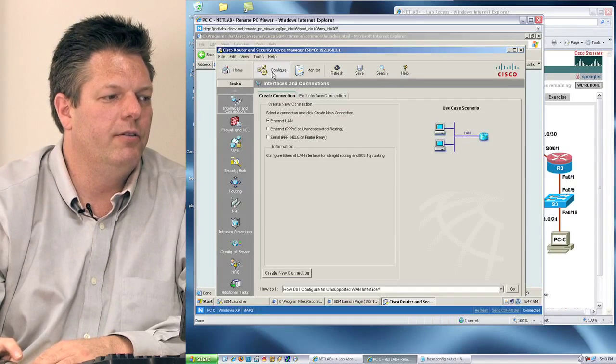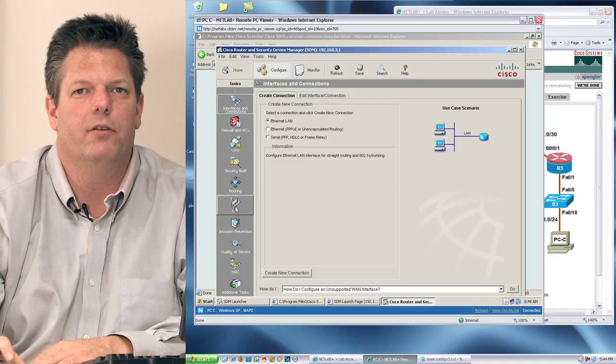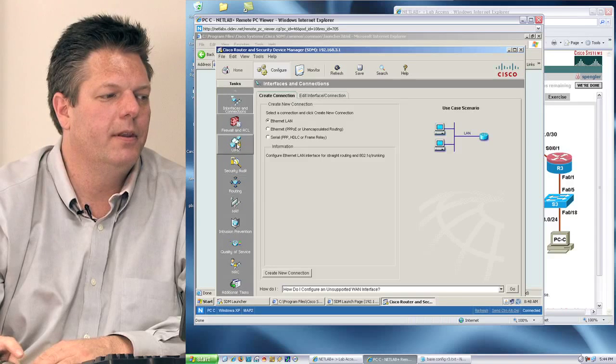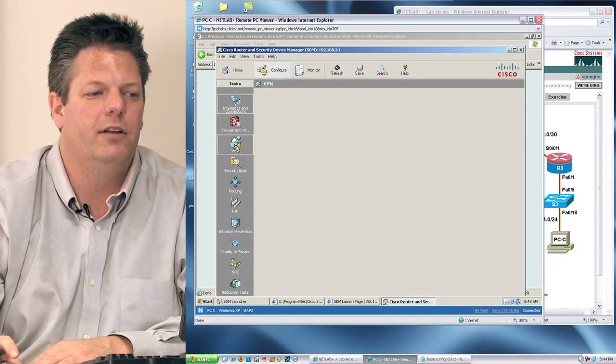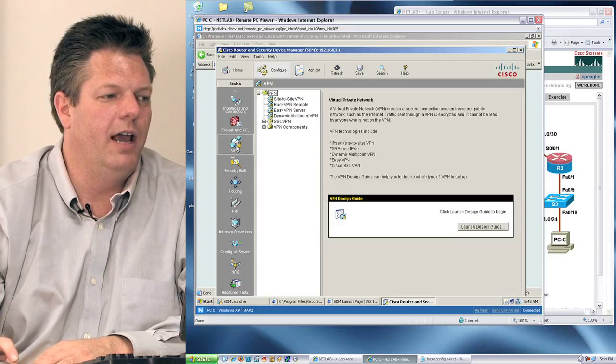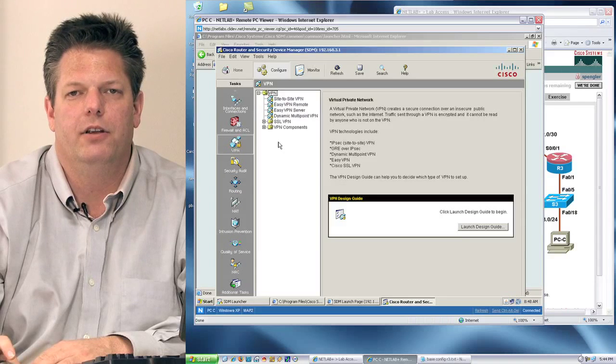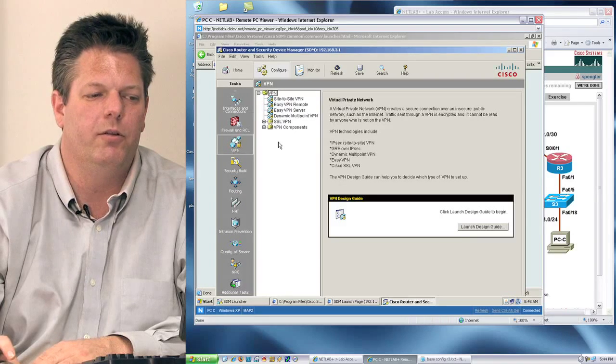So I'm going to go into Configure, and as you can see along the left, I have a number of options, and I'm going to be configuring VPN. Two things I want to pay close attention to are the firewall and the NAT, and I would want to make sure I have those configurations completed prior to my VPN if I chose to do that. So clicking on VPN, I have some basic tasks I need to complete. The basic tasks are making sure that I have the necessary policies and encryption transforms in place